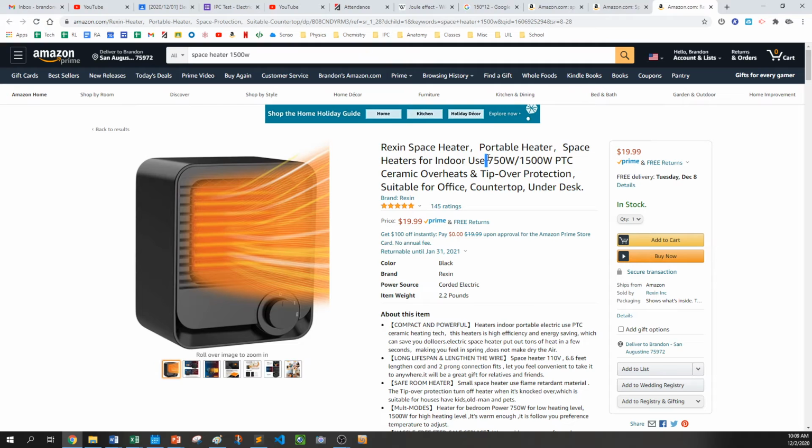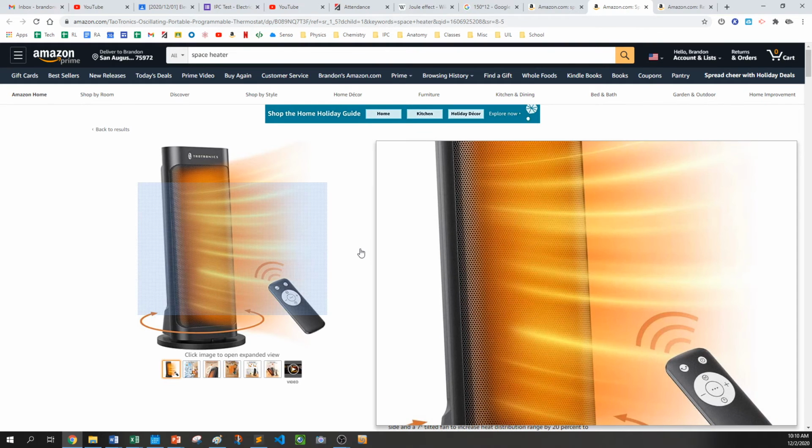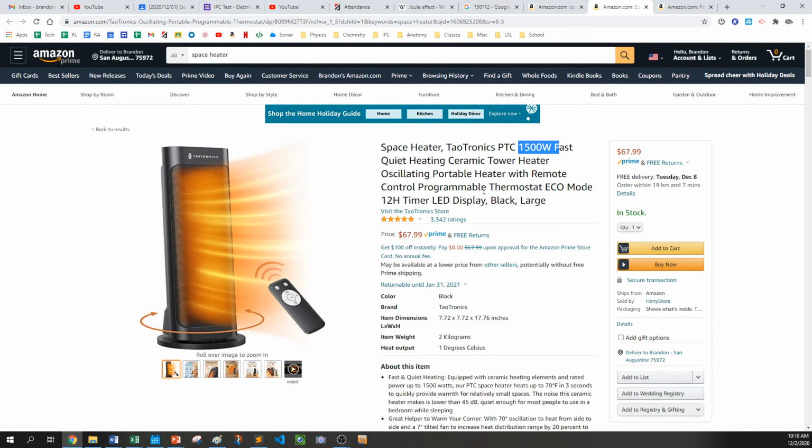That one has two settings, a low temperature setting and a high temperature setting. The high temperature setting is 1,500 watts, and this one is 1,500 watts. They both produce the exact same amount of heat. When you're buying a space heater, almost all space heaters you can buy are going to produce the exact same amount of heat. There are some differences,